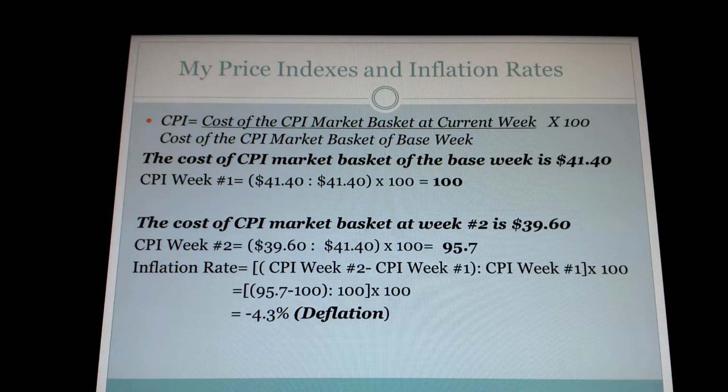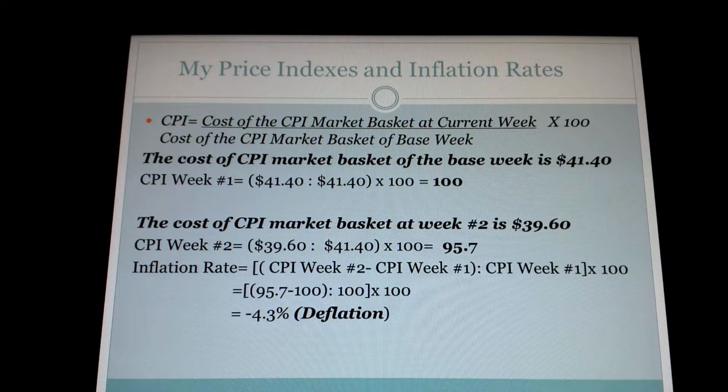So now we're going to calculate the CPI for week 2. We get that by dividing the cost of the CPI market basket at week 2 by the cost for the base period, which is 41.40. So the CPI for that week is 39.60 divided by 41.40, times 100, which gives us